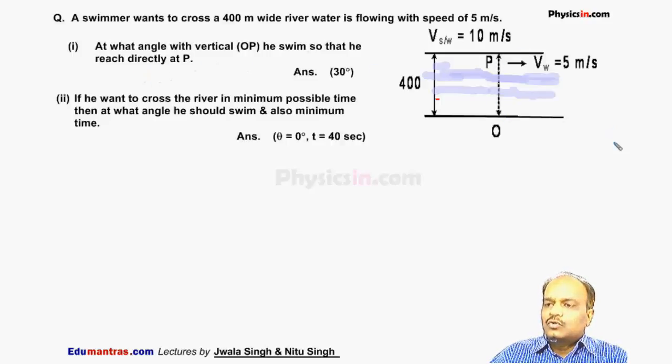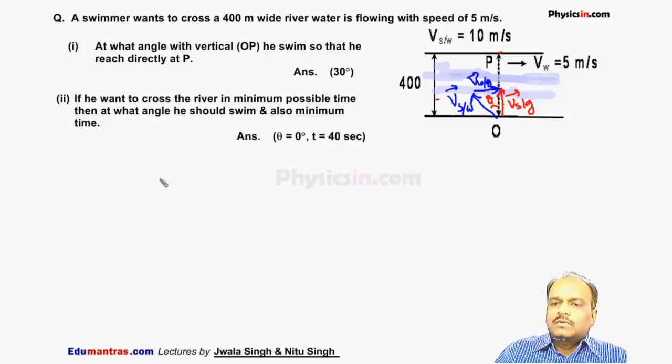Now let the swimmer start swimming in this direction. This is the velocity of swimmer with respect to water, and the water is flowing like this. This is velocity of water with respect to ground. So with respect to ground, if I add this vector and this vector, and if the resultant is along this line, then I will say this is the velocity of swimmer with respect to ground. So if the swimmer with respect to ground is moving in this direction, he will reach here. So if you see this triangle, let this angle be theta, means in this case the drift is 0.